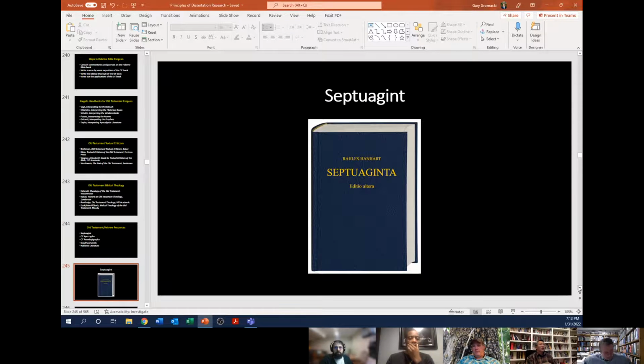And so we start with Ralph's Septuaginta there. Hopefully you have access to that, or at least in Logos or Accordance. It would be very, very helpful for you, if you're doing an Old Testament exegetical paper, to have the Old Testament Hebrew text, and then next to it the Septuagint, right? So you can actually look at one of the earliest translations, can we say, and a translation is an interpretation. You can look at that